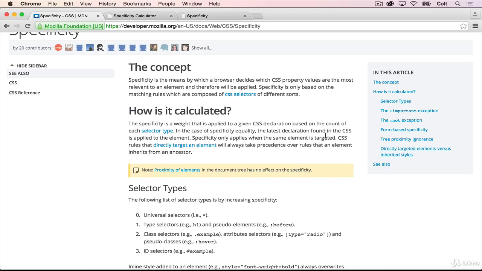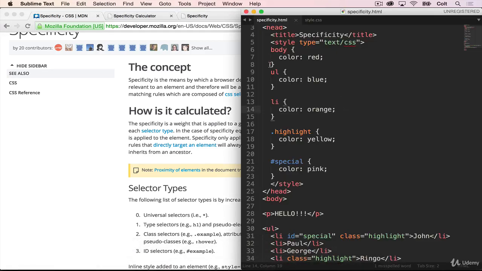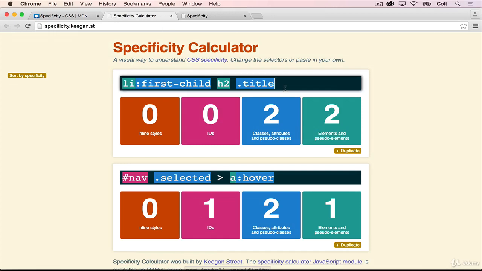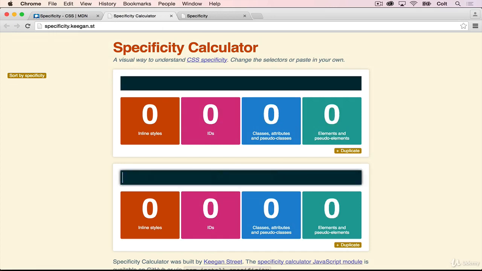So it assigns a numeric value to each of those selectors. So it's going to assign a numeric value to this here, and then to this one, and then to this one, and to this one. And as we know, this one wins out. So the way that it's actually calculated, we don't actually have to know the exact math, but I will show it to you here. There is a calculator that we can actually type things into online